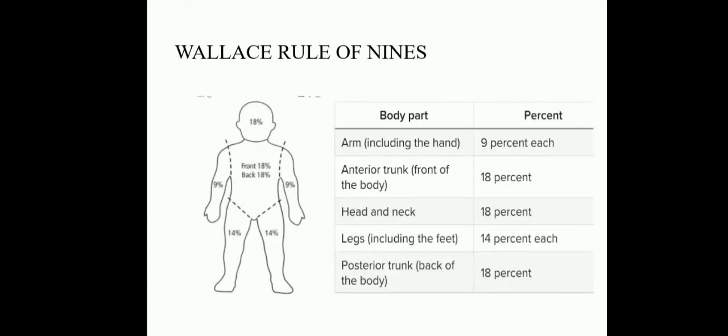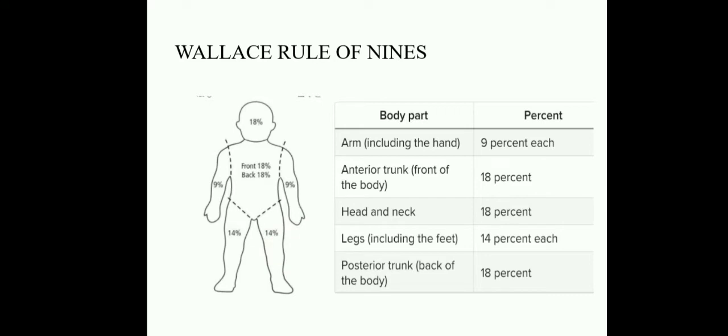Next is the Wallace rule of 9 method. In this, they assess how far the baby is injured, according to the degrees of the burns. Here, look at this image. If the face and neck have some burns, they are assessed at 18%. And then both upper limbs, if the arms are damaged by the burns, each limb is given 9% only. The front and back trunk are 18 each, and 14 is for the lower limbs up to the feet.